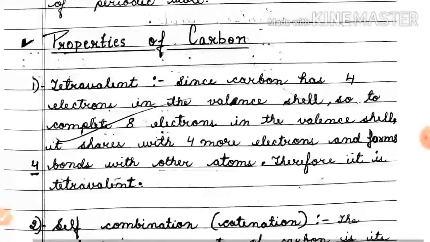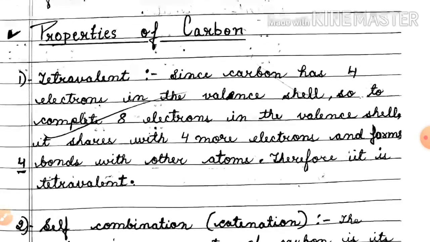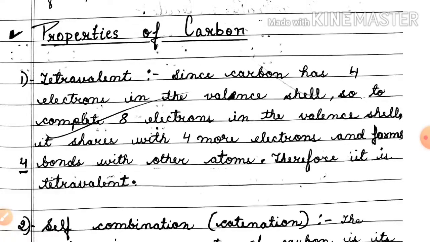Properties of carbon. Carbon is tetravalent. Why is the carbon tetravalent? In the chapter metals and non-metals I have explained to you that those atoms of the elements which have 1, 2, 3 electrons in the outermost shell complete their octet by losing the electron, and all those elements which have 5, 6, 7 electrons in the outermost shell always complete their